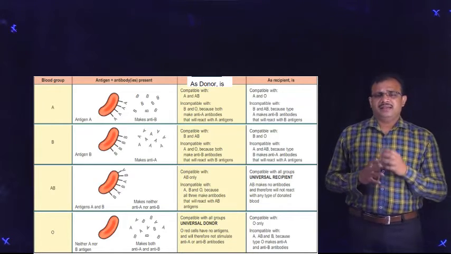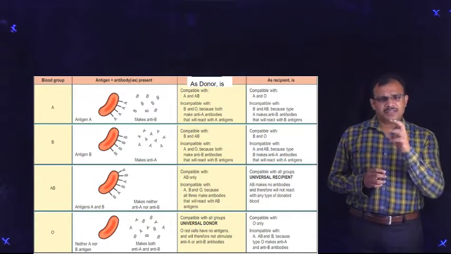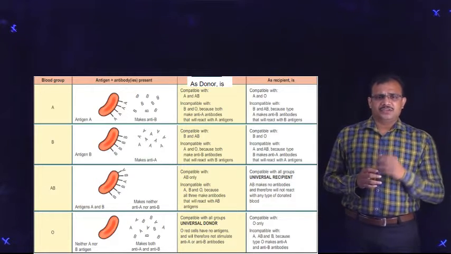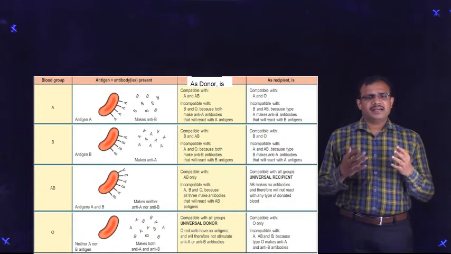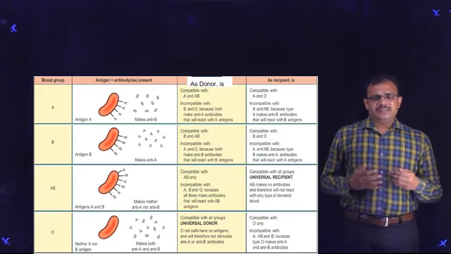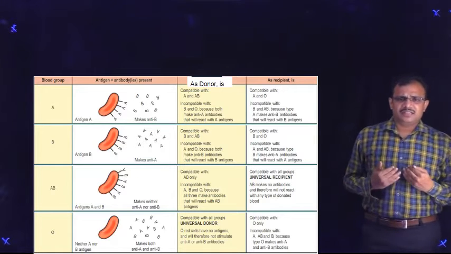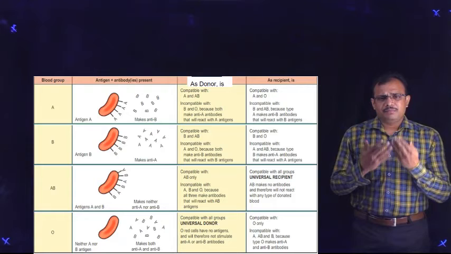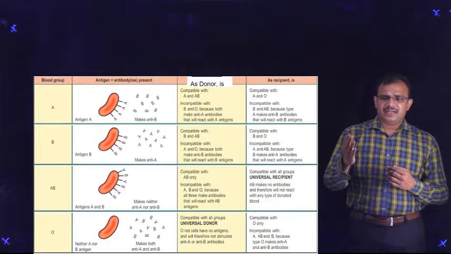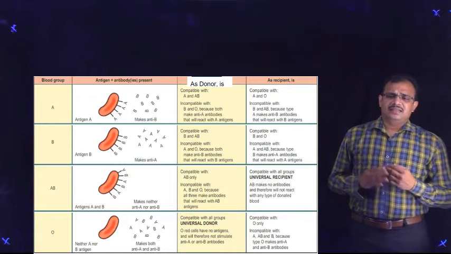In the same way, the red blood cells have different antigens. Those individuals with A blood group have A antigen on their surface. If they have A antigen on their surface, they will have B antibody. It means it is against the B antigen. The antibody present in that individual is against the B antigen. So we can see the A blood group has A antigen and has anti-B antibody,